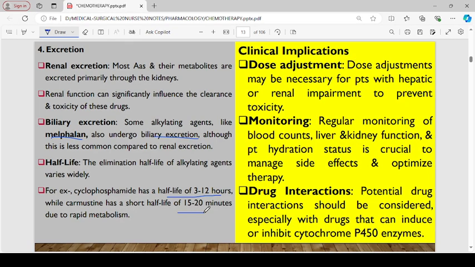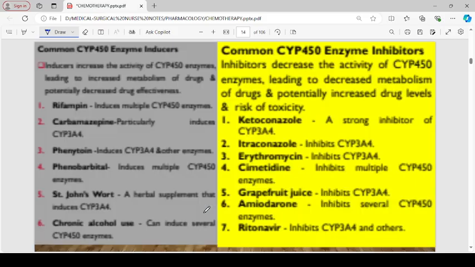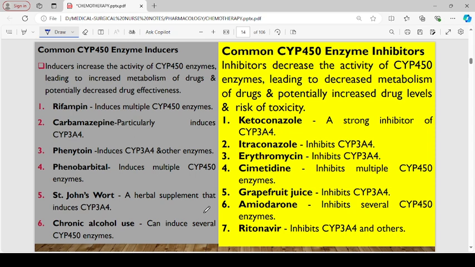Since there is a potential for drug-drug interaction because of the influence of the P450, we need to know which are these common drugs that are enzyme inhibitors and enzyme inducers. We have already said, and we continue to insist, that inducers are going to increase the activity of the CYP450 enzymes, and this could lead to increased metabolism of the drugs that will be administered, potentially leading to decreased drug